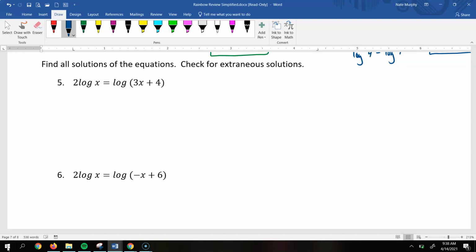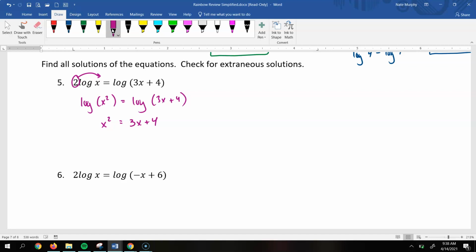So the first thing I do is we need to use those properties of logarithms, and I see that this 2 is in front of the logarithm, so that means it's an exponent for the x. So this will be the same as a log of x squared equals the log of 3x plus 4. So we could take the inverse log of both sides and get rid of the logs, because essentially what we're doing is we're trying to figure out what value for x would make both of these sides equal to each other. So we'd have x squared equals